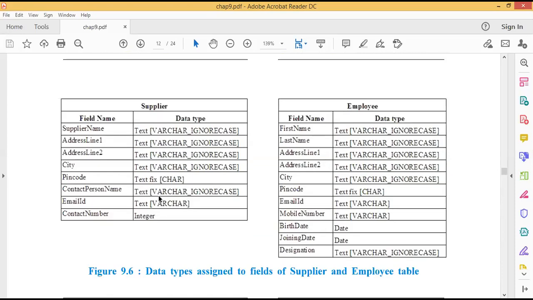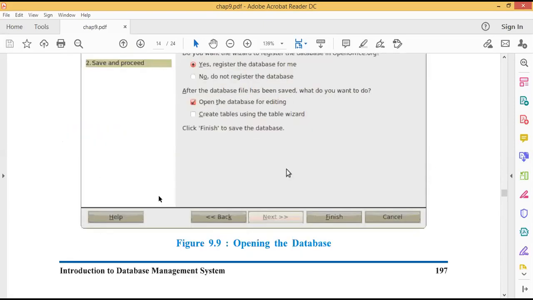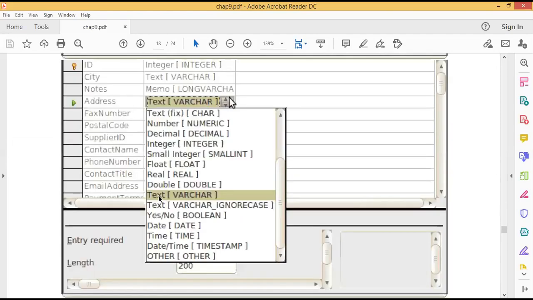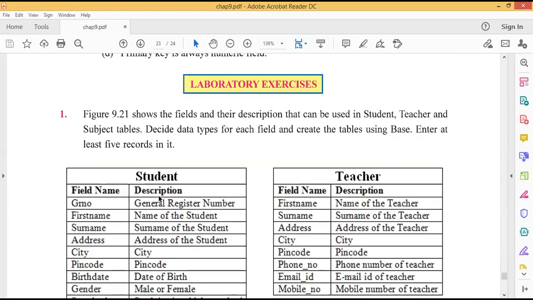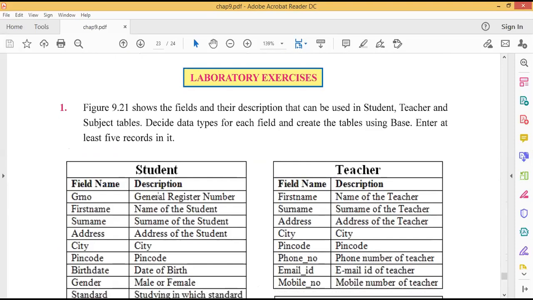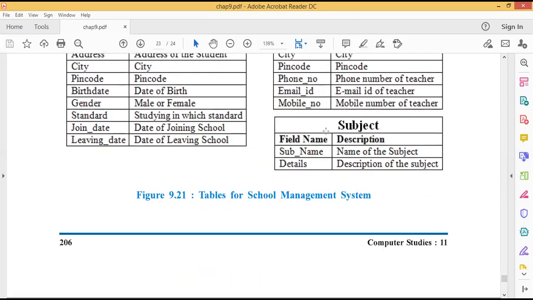Supplier, employee, product and customer: these four tables are given in our textbook. But in our lab exercise, they give the example of tables student and teacher. Show the fields and their description that can be used in the student, teacher and subject tables. So in your lab practical exercise, you should create these three tables.